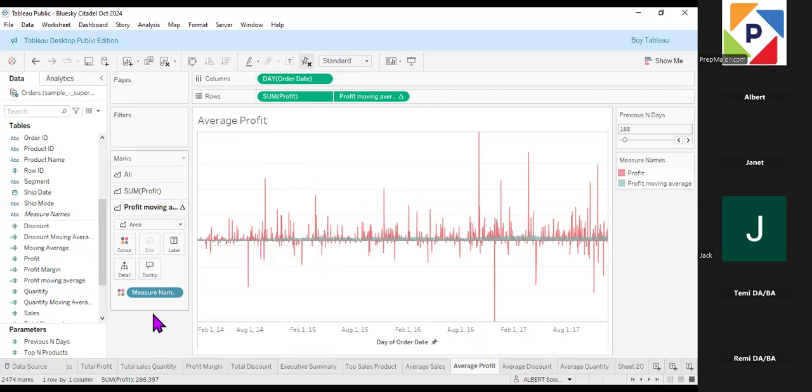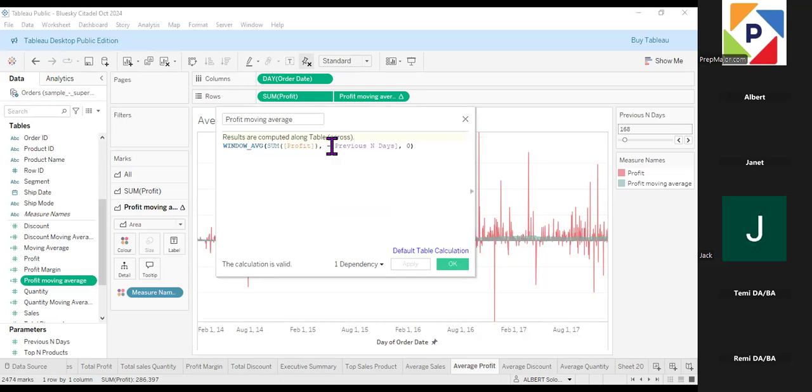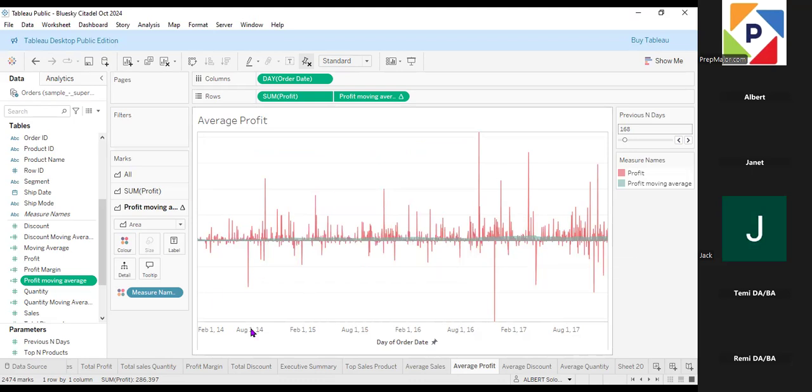And then we already created the parameters, the previous n days. Then we come into our profit moving average. We edit it and we change the 2 that we have here, because the usual calculation there was -2, which means it's calculated 2 previous days and current day 0. So we change it to the previous n days, and once we click OK, we have the information concerning the